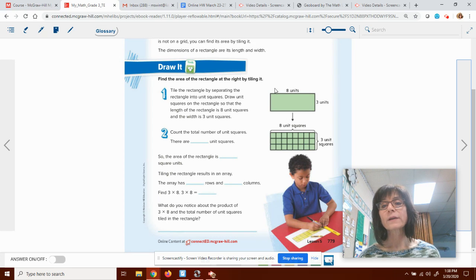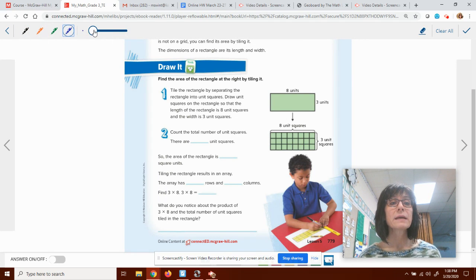Find the area of the rectangle at the right by tiling it. They're saying there are 8 columns, 3 rows. So we can say we have 3 rows of 8 squares. Where it says count the total number of unit squares, well, I know that 8 times 3 is 24. Since I know that ahead of time, area equals length times width. I'm going to multiply those two and get my answer. So the area of the rectangle is 24